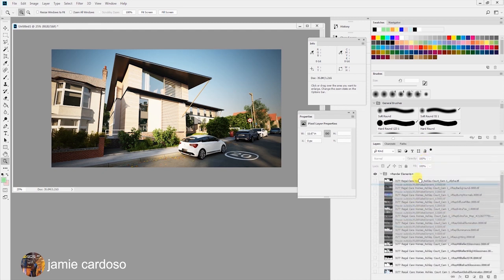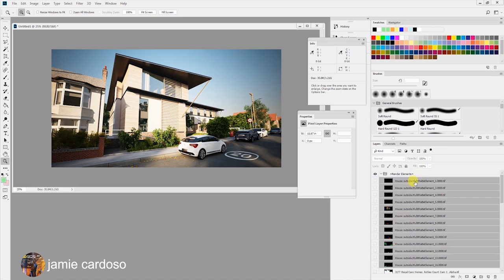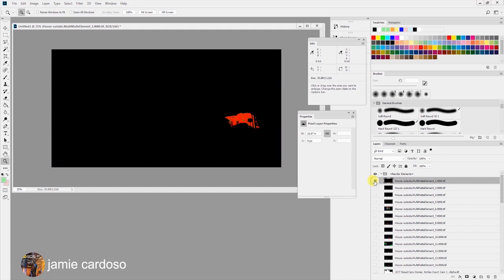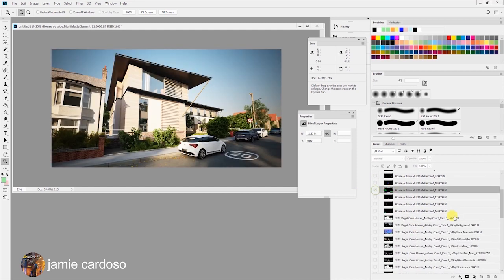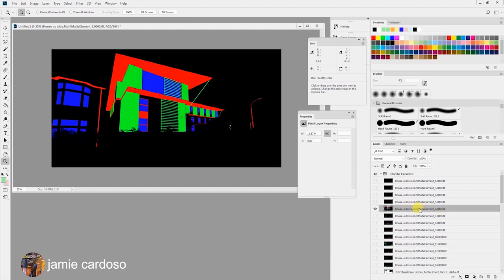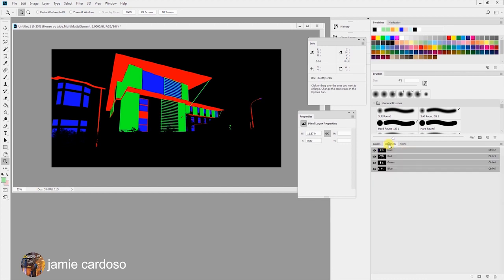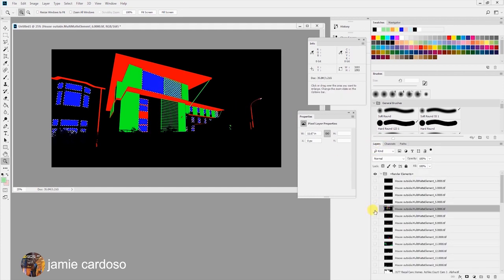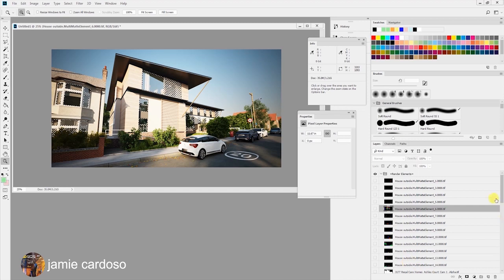Because when it comes to selection, you want the multi-matte and the V-Ray wire color elements to be on top. It's easy to select. Select the multi-matte _6. We're going to open the channels tab there, hold down the control key and select the blue channel. So the blue represents the glass areas. While the selection is on,